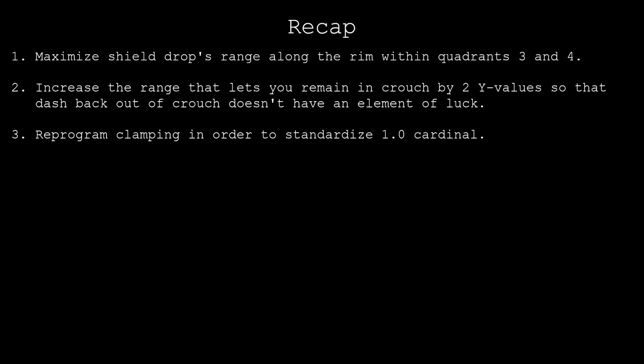To recap this video, the true goal of UCF is a bit different from what is advertised. UCF's goal isn't to tie the best GameCube controller, but rather to repair mechanics that suffer from the polling dilemma and the small range dilemma such that these dilemmas don't exist anymore. UCF does a fine job of this with dashback and wiggle, but its Shield Drop mod uses an arbitrary range which should be increased. UCF should also introduce fixes for dashback out of crouch and 1.0 Cardinal, as these mechanics